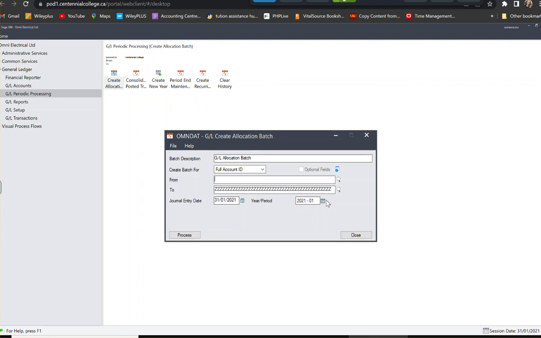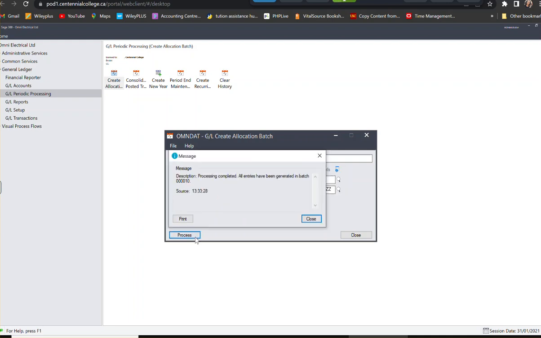Click on the process. What we're going to do is say process, and then it's going to do allocate. It's saying processing completed, all entries have been generated. We don't need to worry about it, but the only time you're going to get an error message is "batch 8 needs to be processed before we could do anything." You could do a provisional post, or you could do it the normal way. I don't have a problem with anything. So in this case, you could do anything. Click on close,